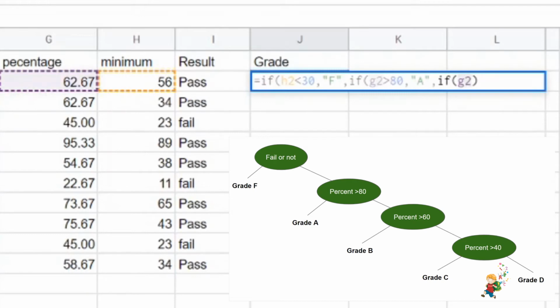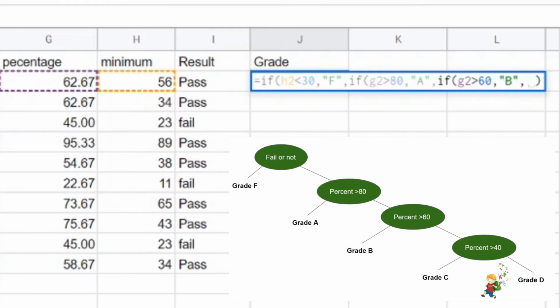Our percentage is present in the G2 cell. Again we will check if it is greater than 60 or not. If it is greater than 60, then we will give B grade. If not, then we will check again. What was our convention?